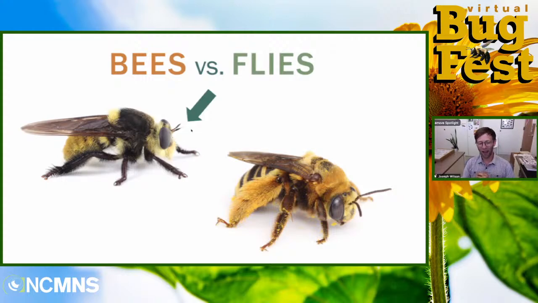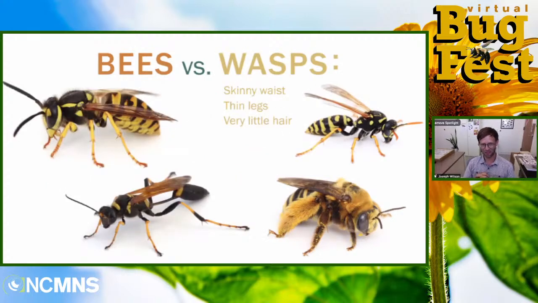So now that we are experts in telling bees apart from flies, what about wasps? So wasps can be tricky. We have 3 wasps here on the picture. We have that same bee in the bottom right corner. Some characteristics that people often will tell me that they use to tell bees apart from wasps is wasps have skinny waists. You can see that to the extreme in this one on the bottom left.